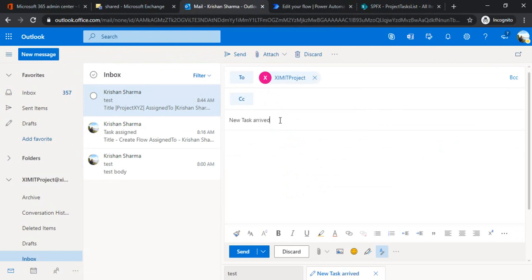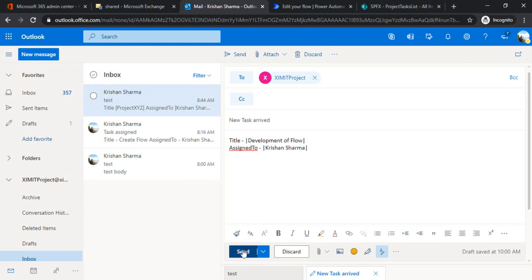The emails we send to the shared mailbox can also come through any system. For example, if some third-party system is sending emails to your shared mailbox, then proper formatting should be there so that it can be used or reformatted in Power Automate. So for example, I'm saying title, and I'm separating that. It's a task related to development of flow. That's it. This is the task name, and it should be assigned to, and I'm again writing that in pipes, myself.